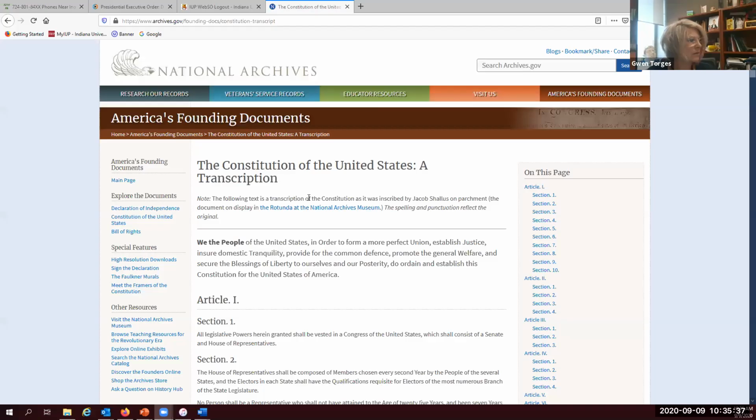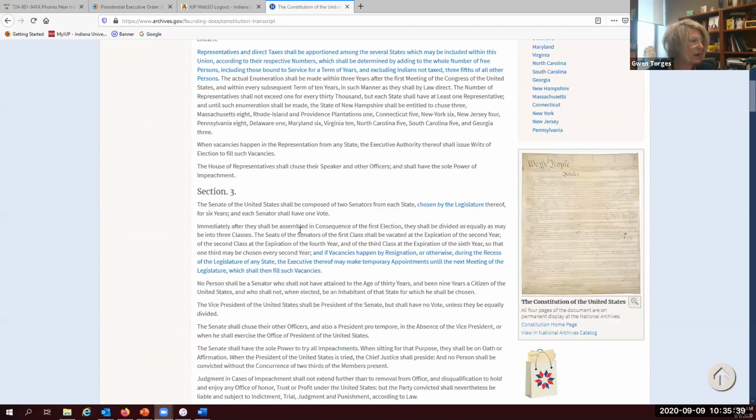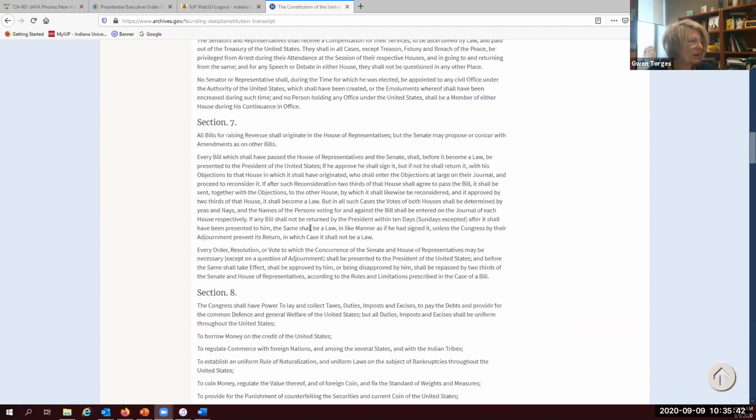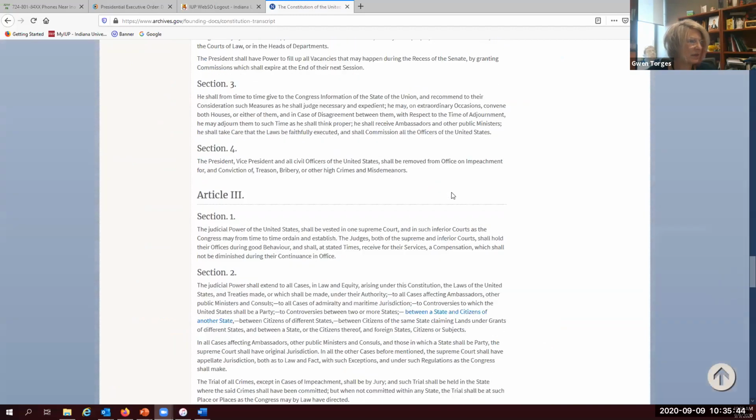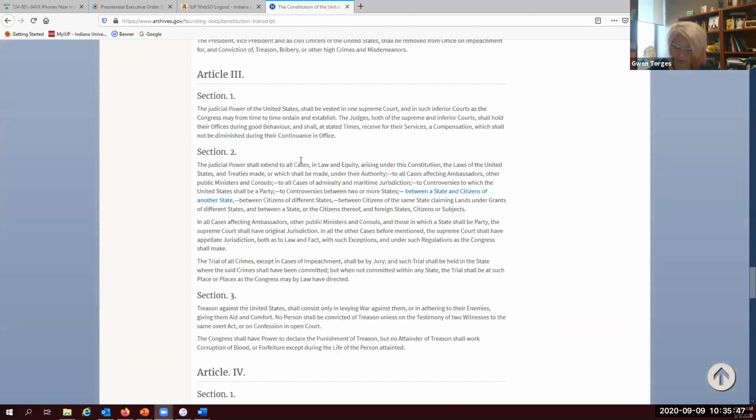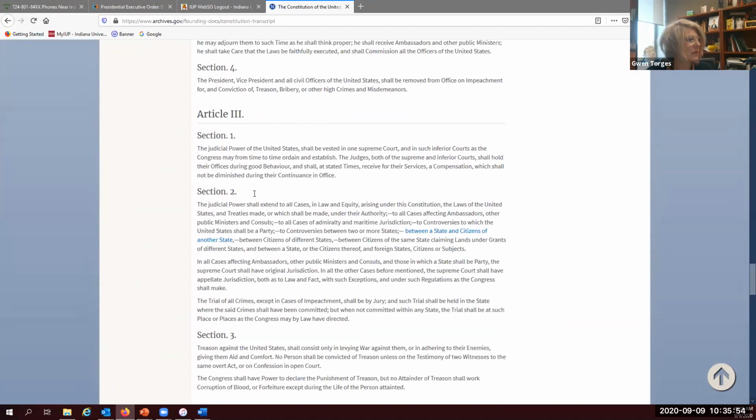Let me share this with you. So Article 3 of the Constitution sets out the federal courts, and let me make that a little bit bigger. And it says that the judicial power shall extend to all cases and controversies. There's a lot of specifics in there, but it essentially says that the court shall have power in all cases